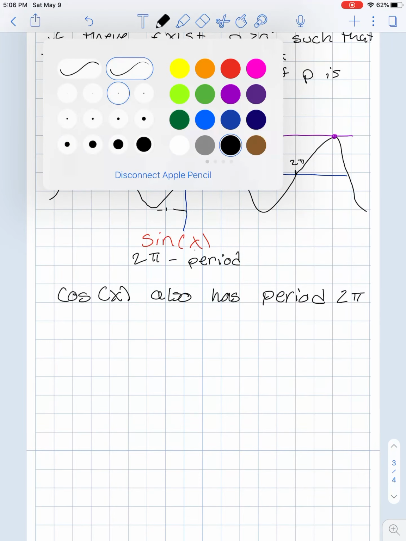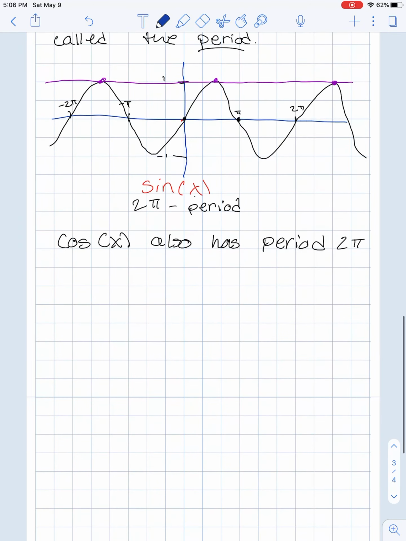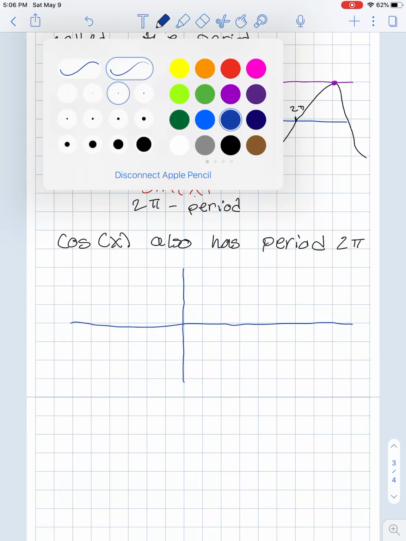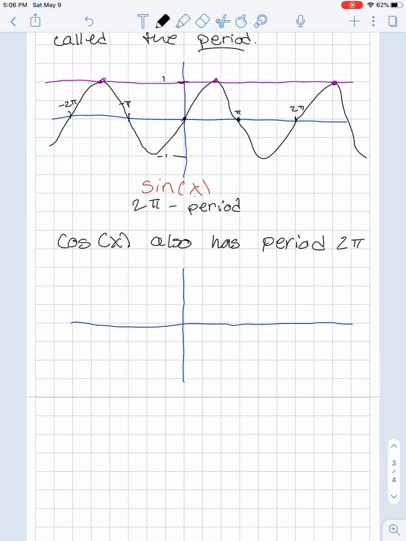So if tangent is sine divided by cosine, wouldn't it also have a period of 2? Not exactly. Remember we talked about in section 1.1 or even in section 1.2 about how if I'm dividing two functions, I need to exclude when I'm dividing by 0, because that's a big no-no. So tangent is sine divided by cosine. So now when cosine is 0, tangent is not really going to exist. So if I make these guys pi, which is when